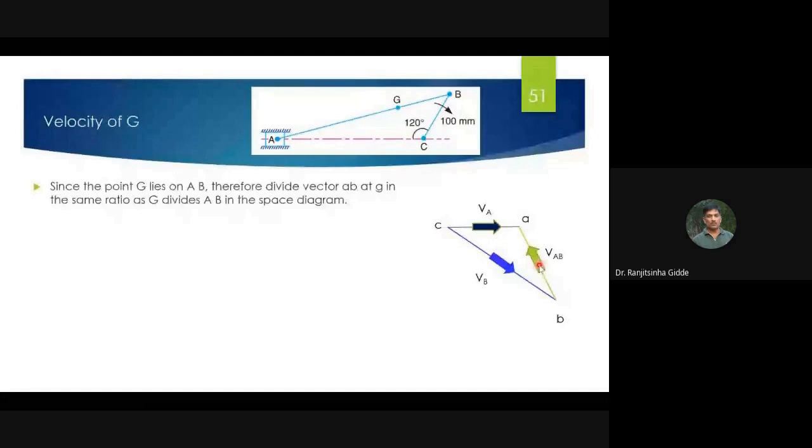Now, from this B it is 100 mm and from this A it is 200 mm. So if we are going to denote the G point just by locating, this is A and this one is B. If you measure this total length, divide by 3, and from this B point we can locate G directly.